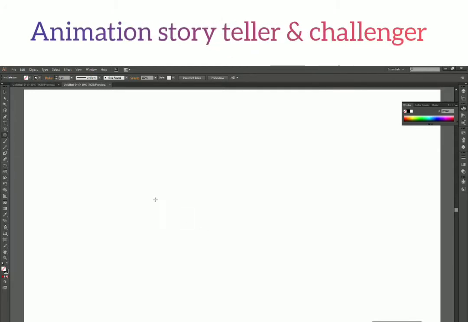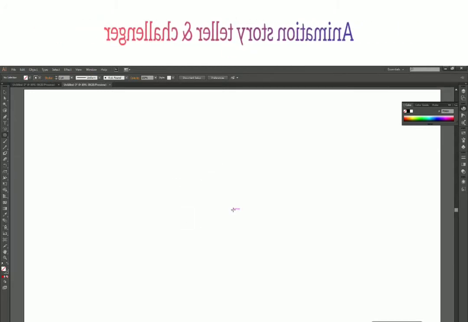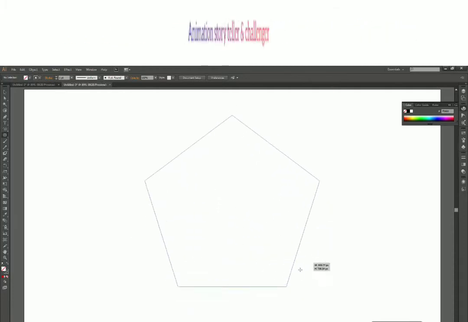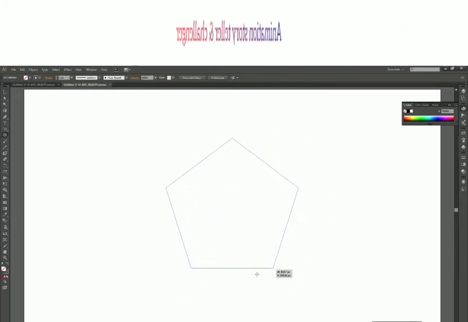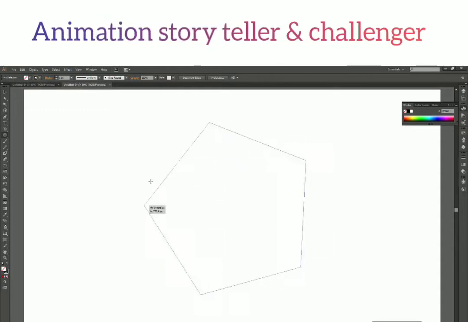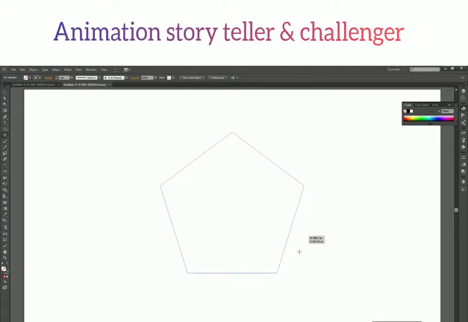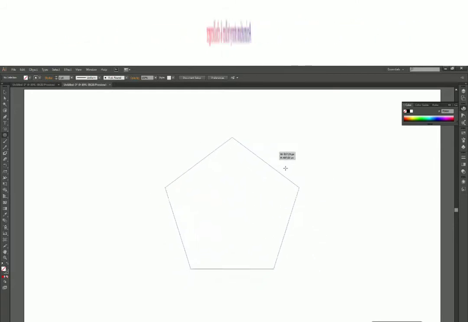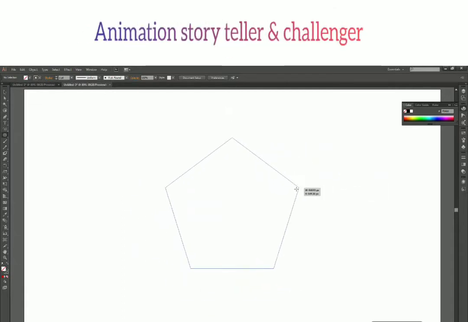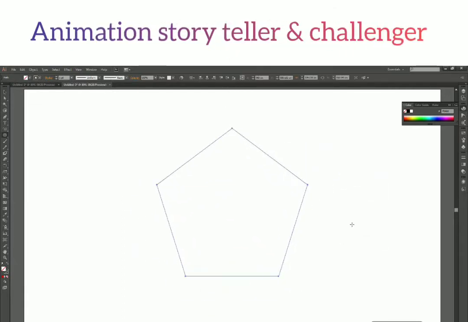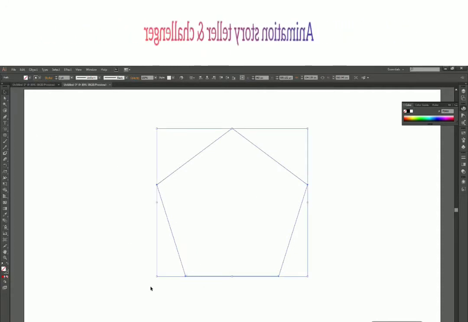First of all, like always, we have the shift key, which will snap our polygon to a certain axis. Now this one is limited. Now I cannot rotate it. As soon as I release my shift key, I can rotate the polygon. When I press the shift key, it snaps to a particular angle, and after that I am not able to move it at all. I can only scale it, but I won't be able to rotate it. Okay, so release your mouse and shift key to snap it to a certain angle.